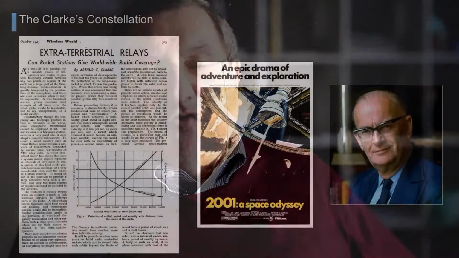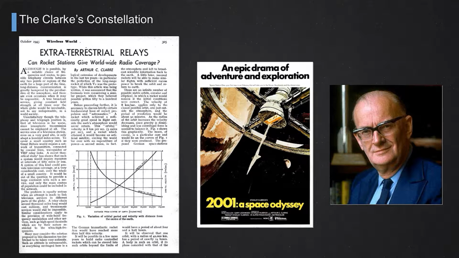And this Arthur Clarke wrote a paper in 1945, so many years before the first satellite in 1957, the first Sputnik 1, and he was in fact proposing a geostationary orbit to allow satellite communication. So he was anticipating satellite communications when satellites had not yet been realized.